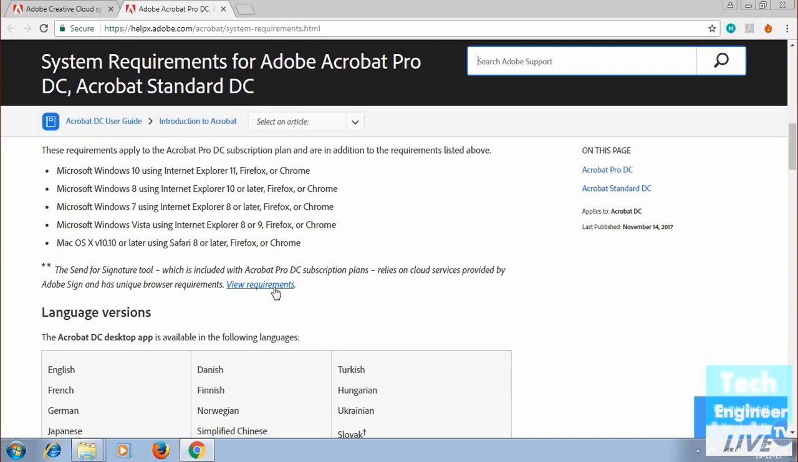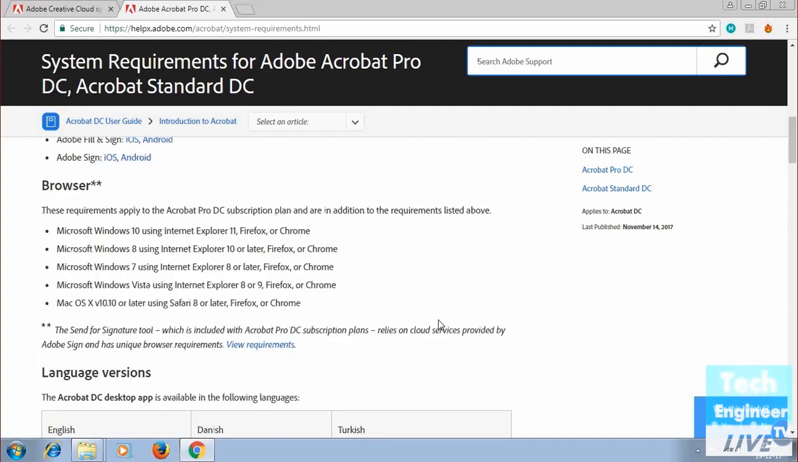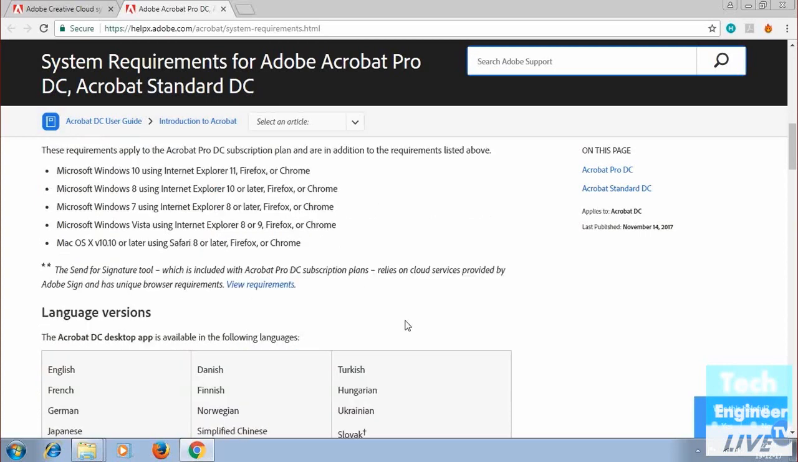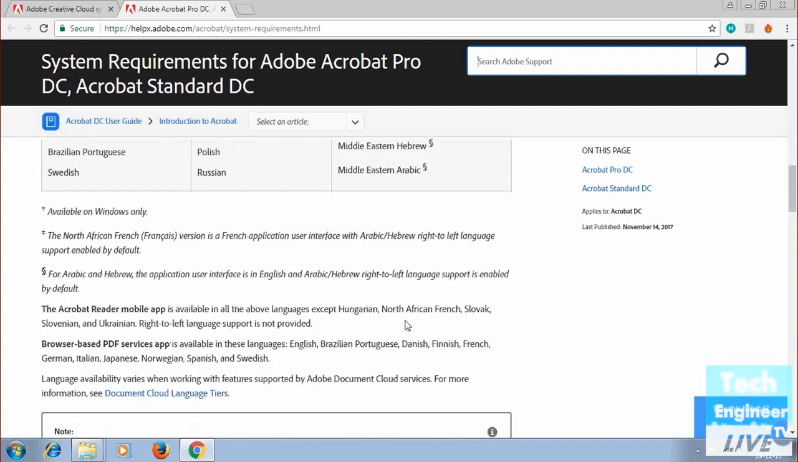by going to, because the plans are cloud services provided by Adobe Sign, and have unique browser requirements. You need to go through the browser requirements again, because if you go through the online services of Adobe, then you need a specific browser, and the browsers needed to access are like this: Internet Explorer 11, Firefox, and Chrome. These are the latest browsers supported. So now